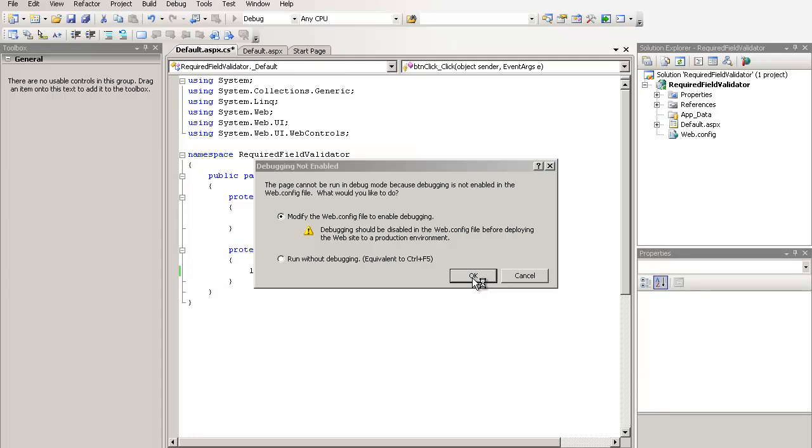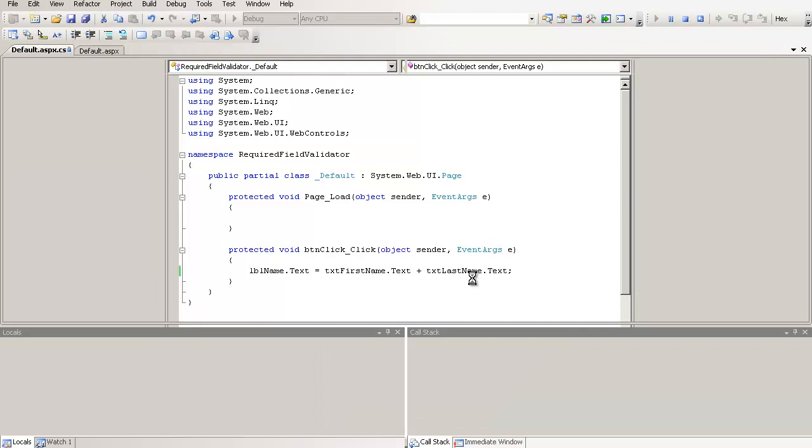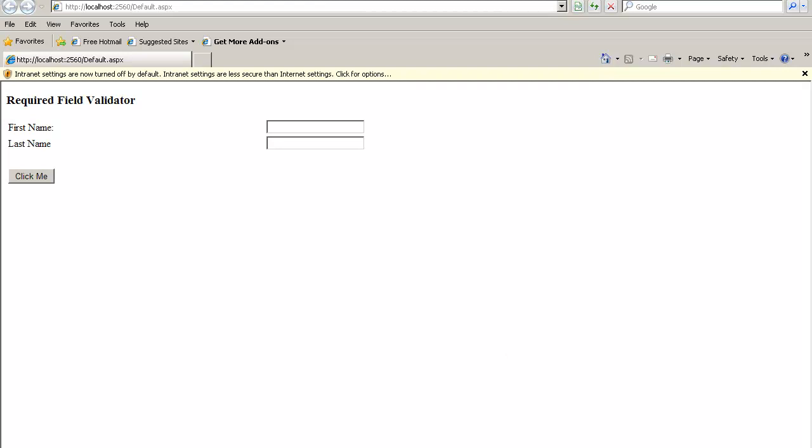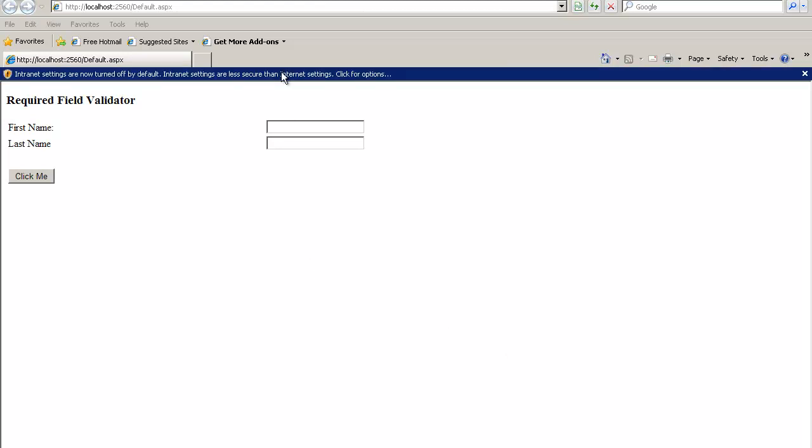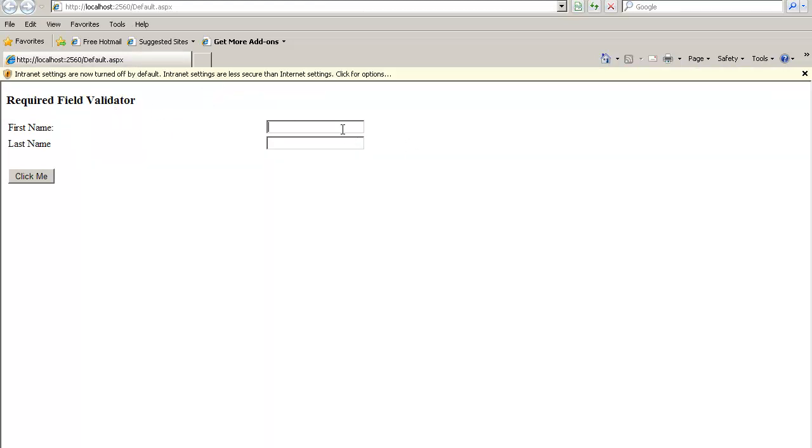Click on OK in the debug not enabled window, because this is the first time I'm running the project. That's gonna pop up. So once you're done with that, the system is gonna display a web page which is created in the Visual Web Developer, which is a standalone machine, standalone IIS server. Okay, and now you can enter a name like